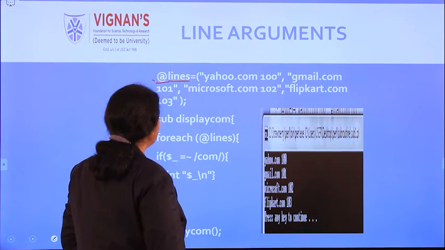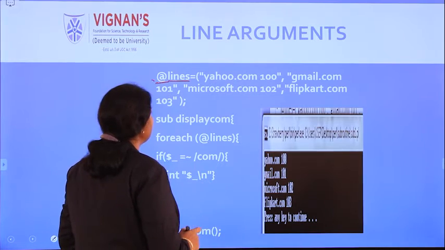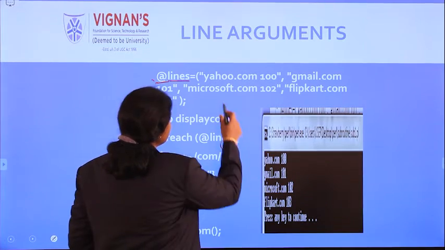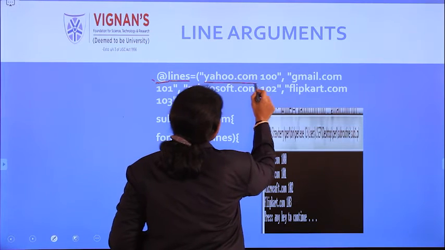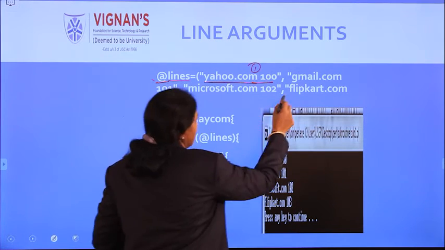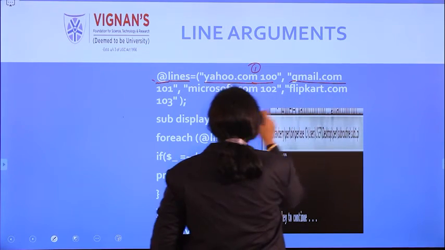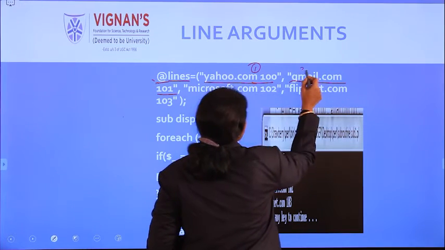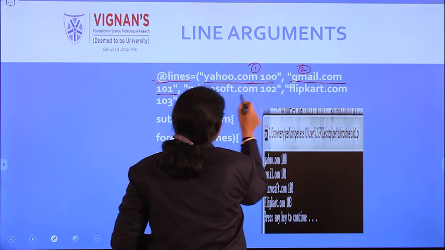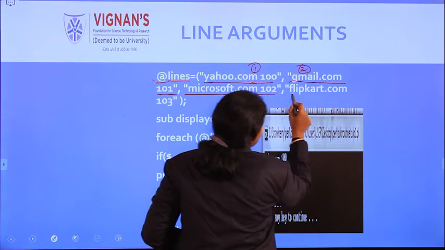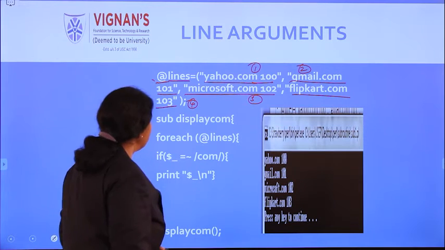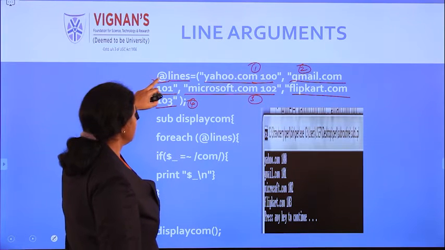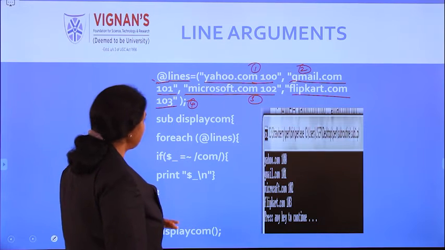So you have created the array variable. It consists of array values, string data, yahoo.com 100, this is the one variable, and gmail.com 101, this is the second variable. Third variable is microsoft.com 103 and flipkart.104. So here you have created an array variable which consists of 4 parameters.